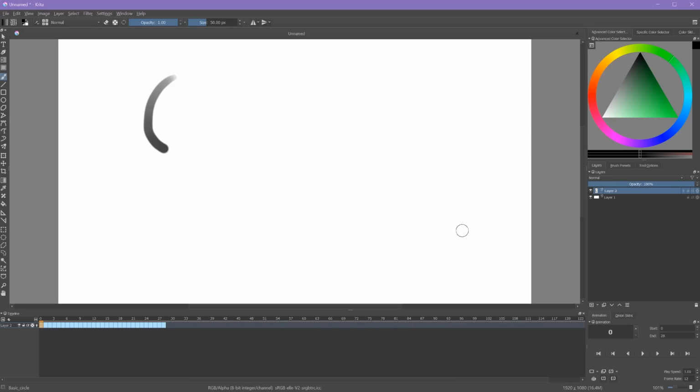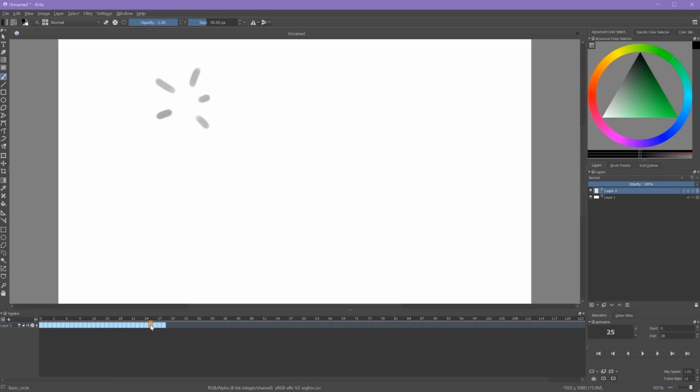So here's how to manipulate your frames. You can drag a frame around simply by clicking and dragging it and dropping it into place. If you want to select multiple frames to move, you can either use Control-click to select individual frames, or you can select a beginning frame and select an end frame with Shift-click. And then to move a group of frames, just click and drag it where you want it to be.